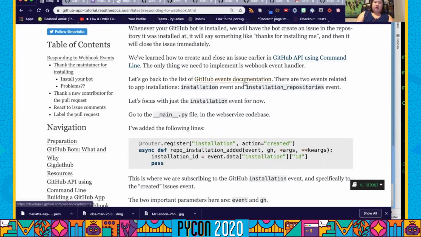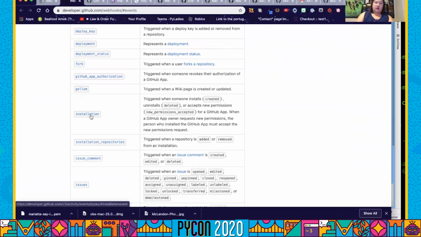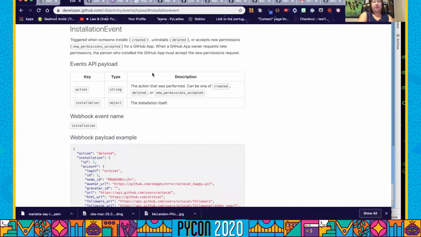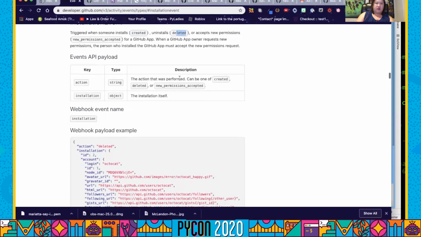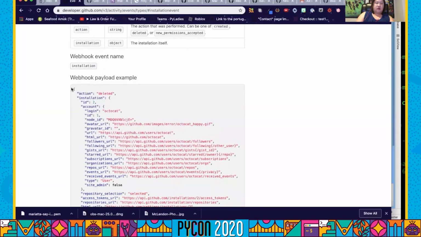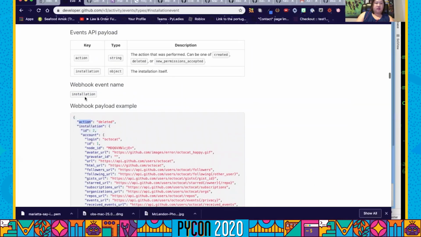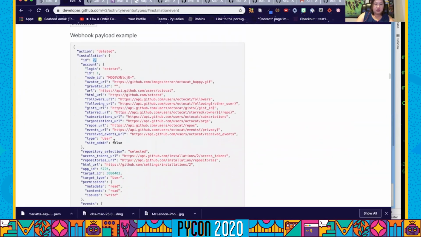If you look at GitHub's event documentation, there is an installation event. It's triggered whenever somebody installs or uninstalls. When somebody installs, you will see the created value, and if somebody uninstalls, you will see the deleted value there. This is basically the data that GitHub will send you. It has the key action that tells you that the installation was deleted. There is an installation ID, and if you look closer, there is even